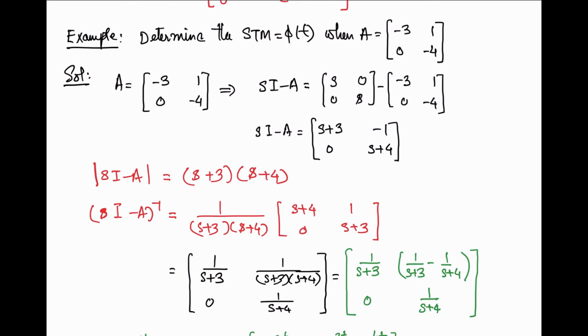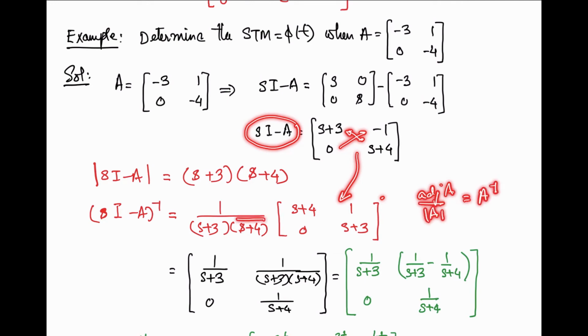Okay, and to find out the inverse of this one, we need the adjoint. So how to get that one? Swapping these two terms and changing the sign of these two. So you will get this matrix. This is the adjoint. So adjoint of this matrix divided by the determinant of this one, you will get the